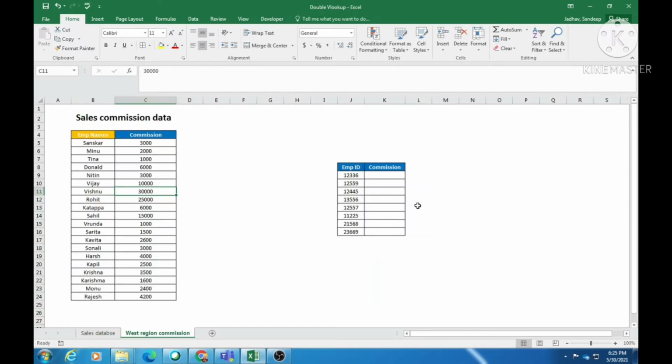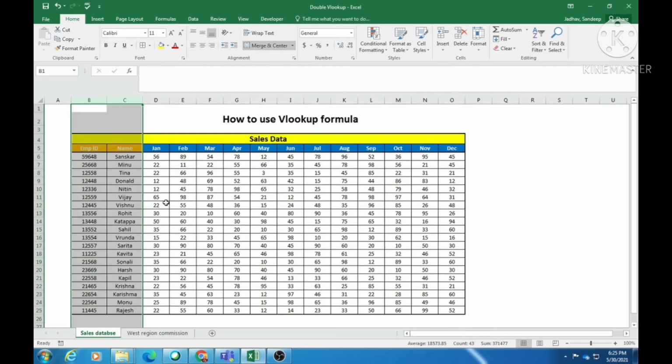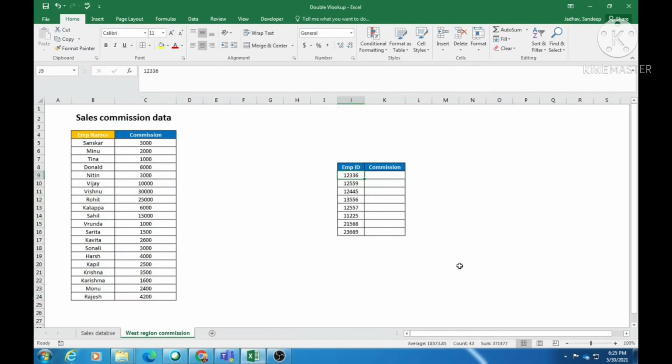So in this case, if you want to extract the commission from this database, first we need to extract their corresponding name for these employee IDs from this master database, and that employee name will be used as the lookup value, that means the unique value, to extract the commission from this database.